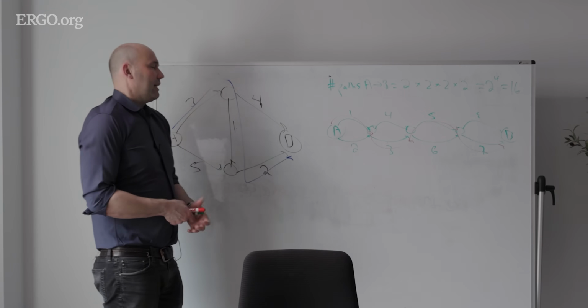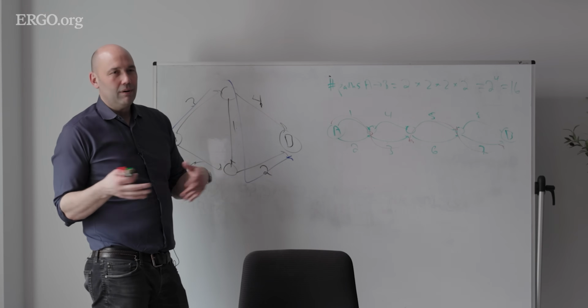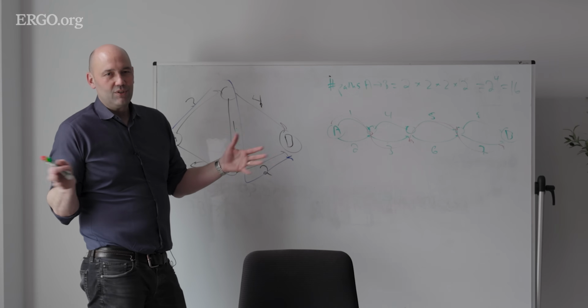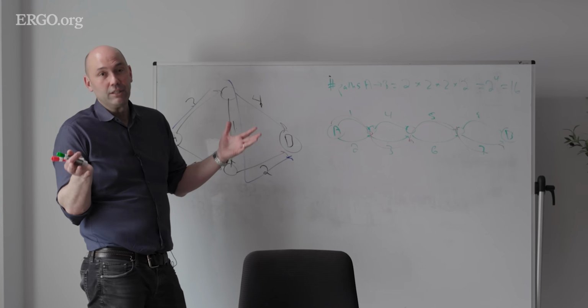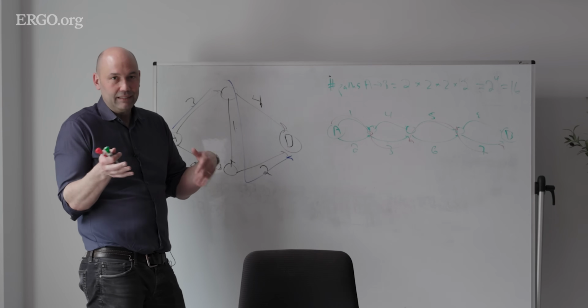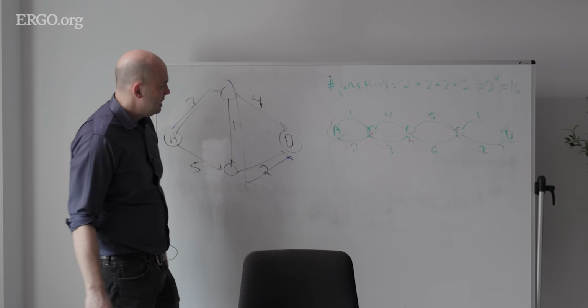Your response might be like, okay, but so what? Like, it's a computer, so it goes through the 16 options. That's trivial for any modern computer to do. What's the big deal? So it's a little bit wasteful, right? It's still going to complete in the blink of an eye, okay?